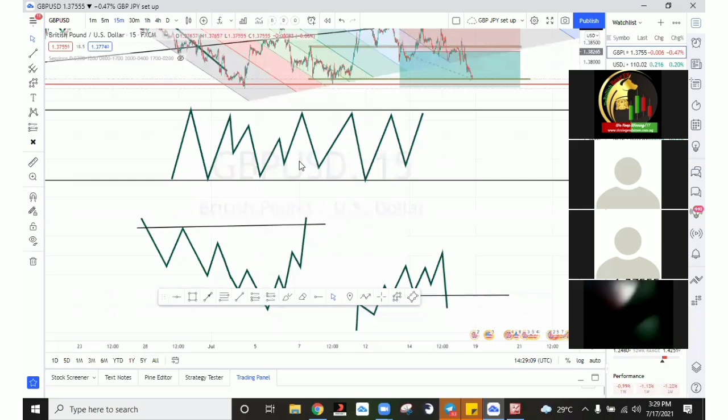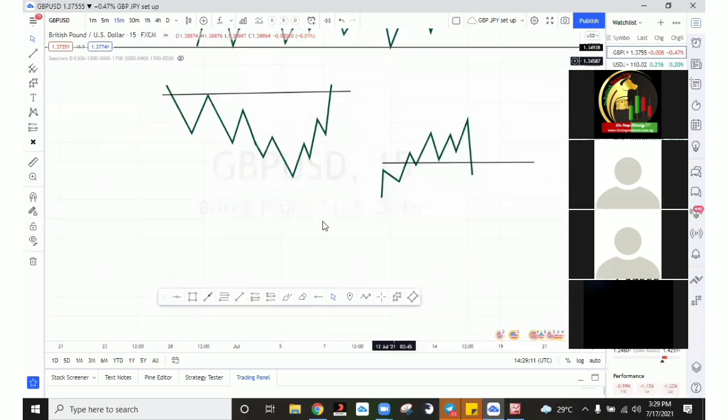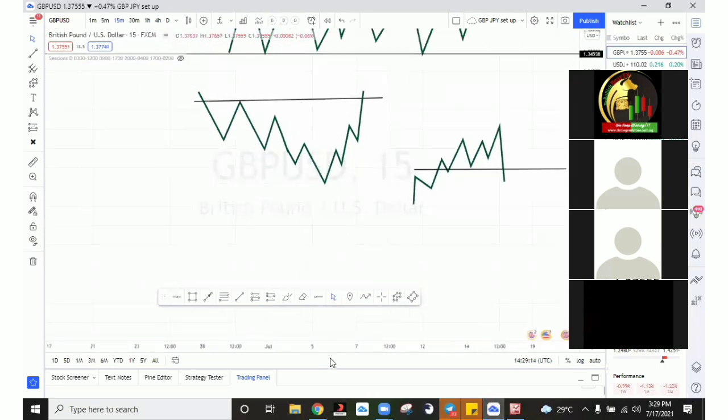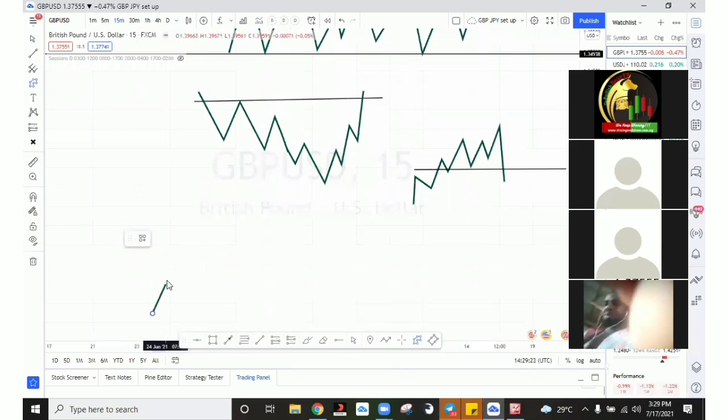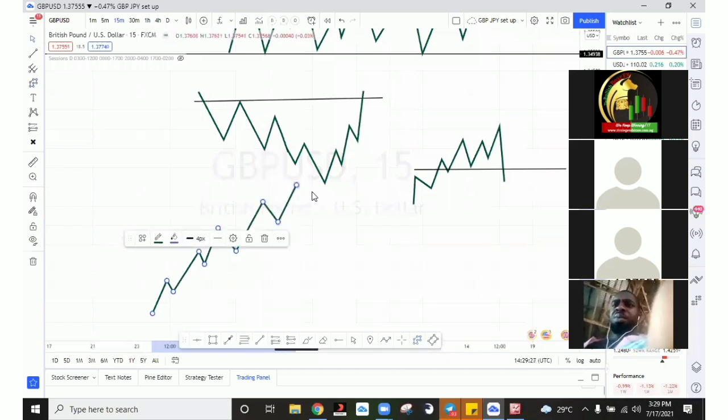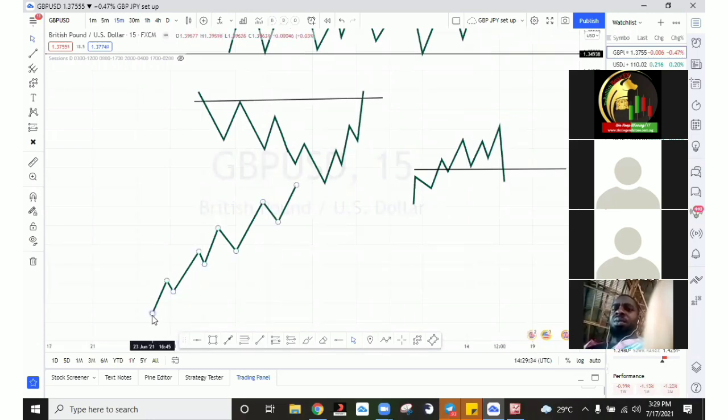Now, here in my TradingView, let's go straight up. If a ranging trader sees a market like this, let me just clean it up. If a trending trader sees a market like this, what do you think comes to his mind? Number one, he sees that it's a bullish market. Number two, all he does is he buys. When the market begins a pullback, he either takes his profit or locks his profit, and he's looking